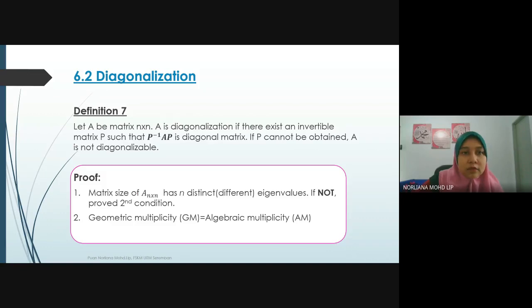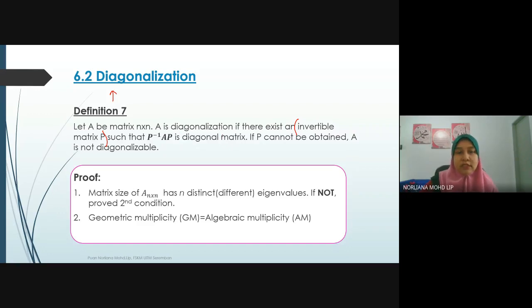Okay, based on definition 7, which is the definition for diagonalization. Let A be a square matrix n times n. A is diagonalizable if there exists an invertible matrix P such that P inverse times AP